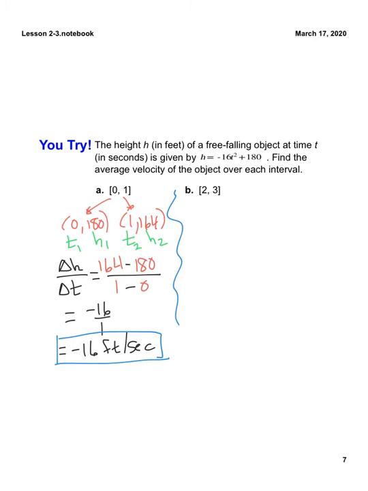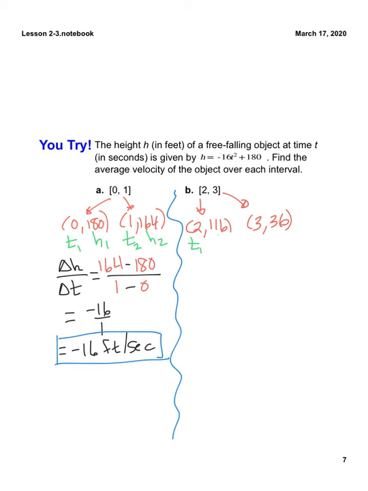So that's our average velocity over that 1 second interval. Okay, so then for the second one, at a time of 2, you have 2 with a height of 116. And at a time of 3, you have time of 3 and height of 36. So this is our